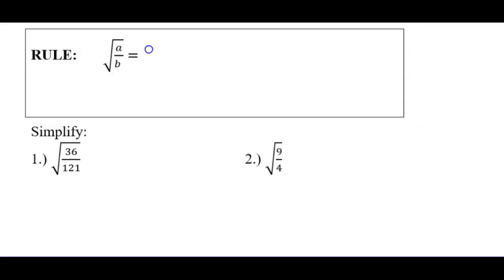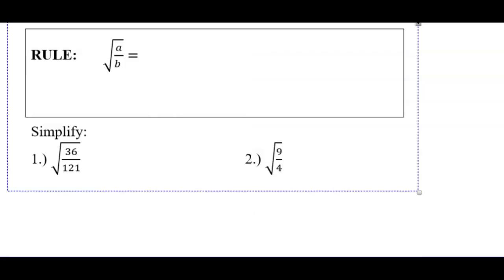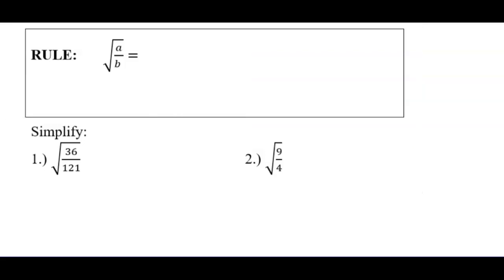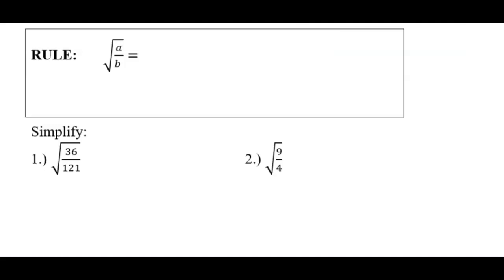to be the same thing as, oops, I forgot a pen. Sorry. We can change it to the same thing as the square root of A over the square root of B, and vice versa. So if we see something that is like this, we can rewrite it as square root of A over square root of B. If we see something like this, we could rewrite it like this, because sometimes it's easier to